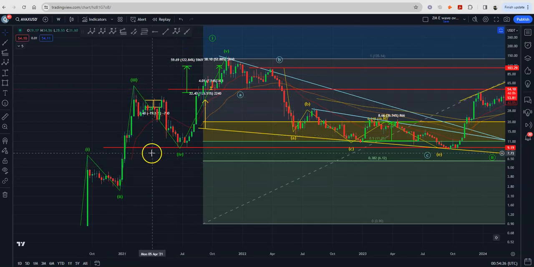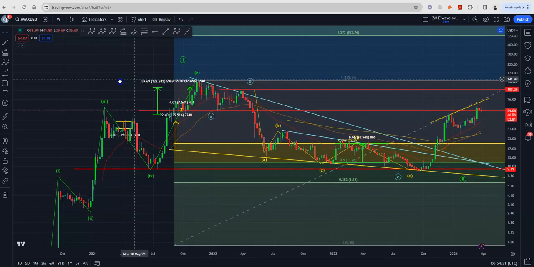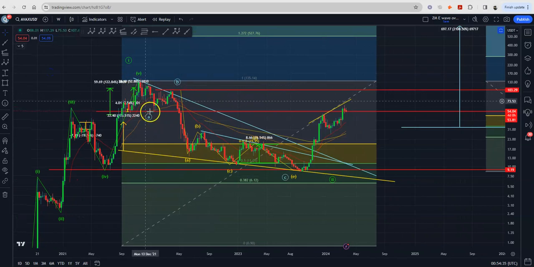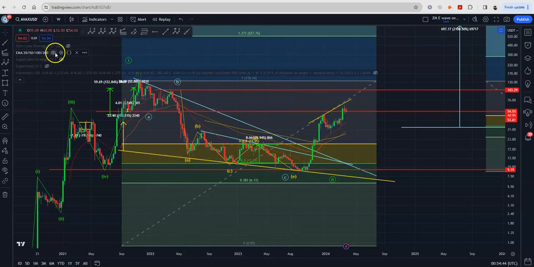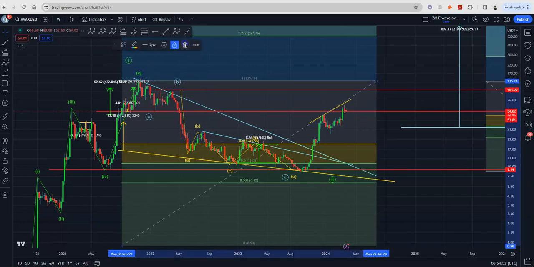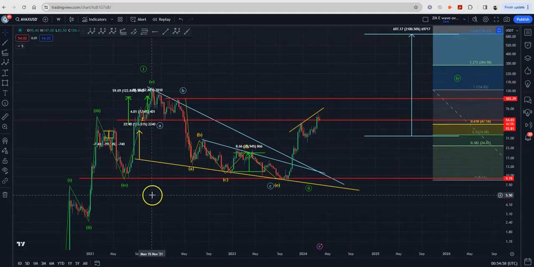Sideways and sharp corrections. We have the 5th wave up, followed by an A, B, C wave triangle, which is A, B, C, D, E. Let me just take these EMAs off so you can see that a little bit more clearly. I like to lay on the fib so that you can see exactly where we fall, but let me just remove that for all intents and purposes.